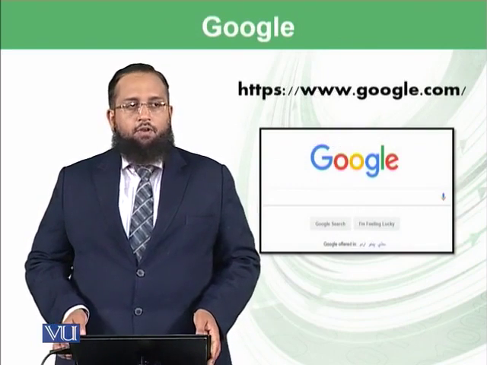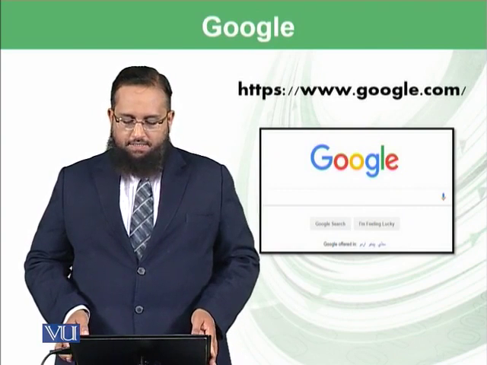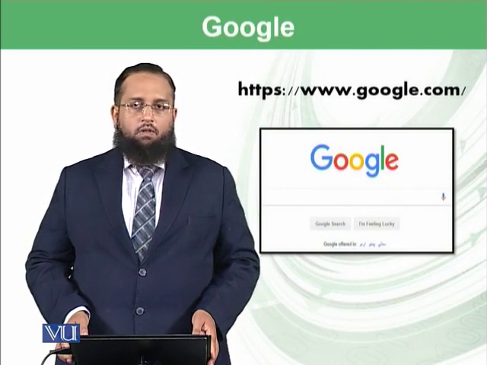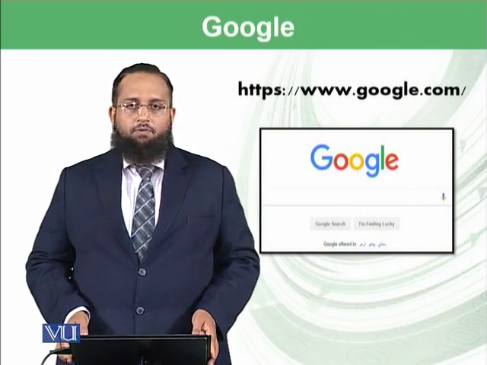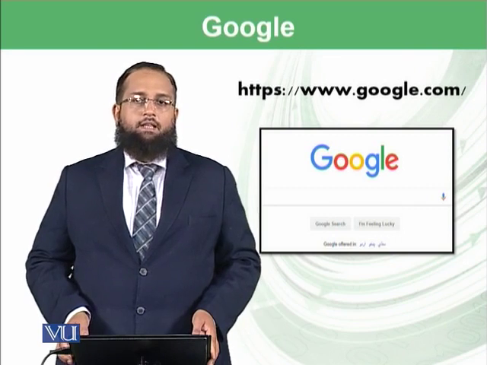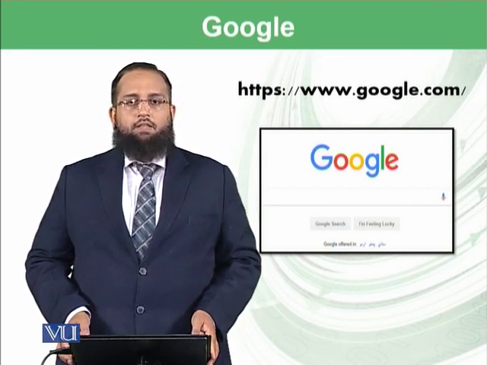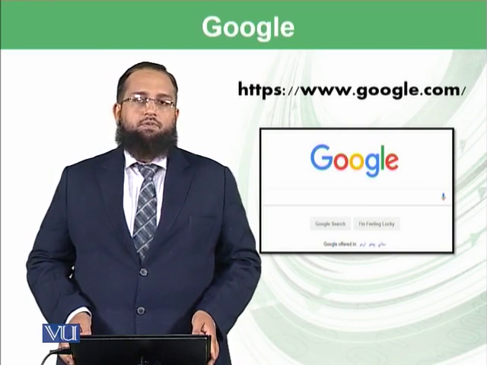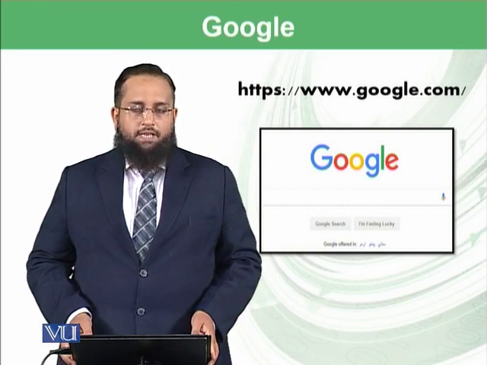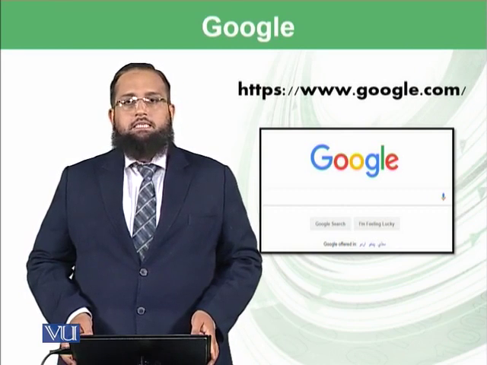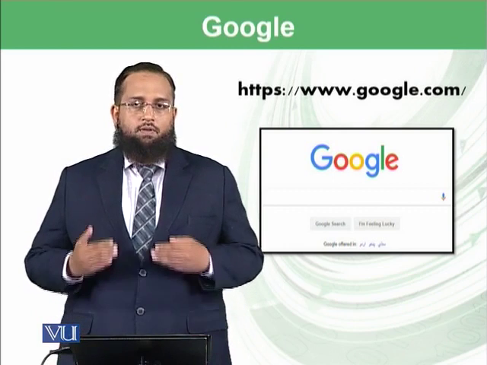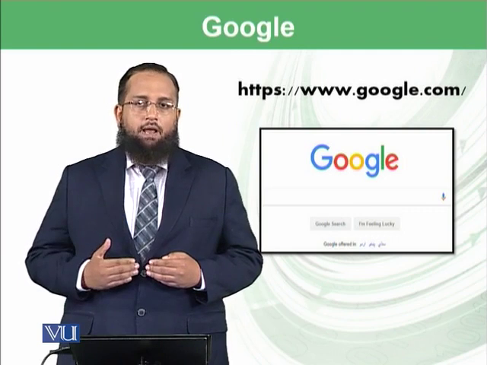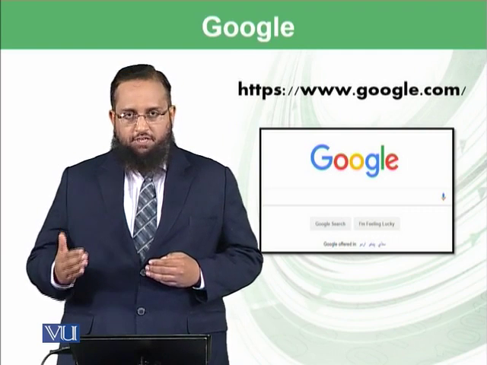So you are aware of this screen, and this screen is retrieved when you enter https://www.google.com in the web browser. The first four letters, HTTP, stand for hypertext transfer protocol, which is a protocol for exchanging or retrieving data between your browser and the application.